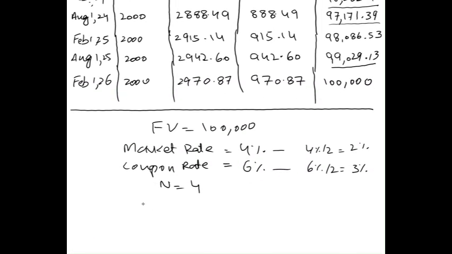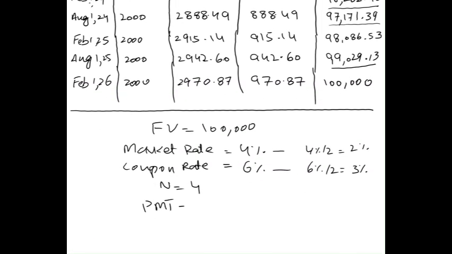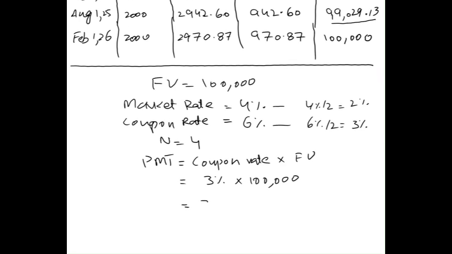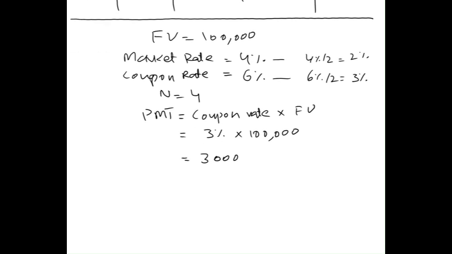And then the payment amount again is coupon rate times the future value. Here the coupon rate is 3%. So 3% times the face value. This comes out to be $3,000, and